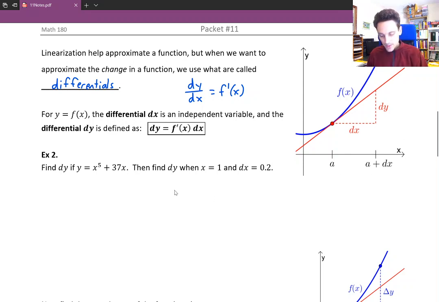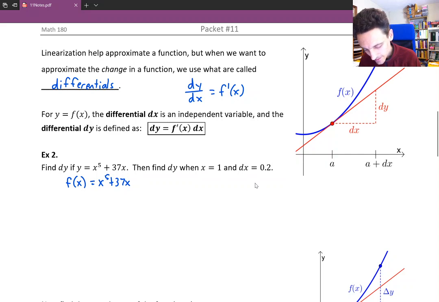All right, so example 2 says find dy if y equals x to the 5th plus 37x. To find dy, we can first find the derivative of the function and then just multiply it by dx, and that'll be what dy is defined to be. So let's do that over here, but actually before we do that, let's use function notation, just because our definition of dy involved